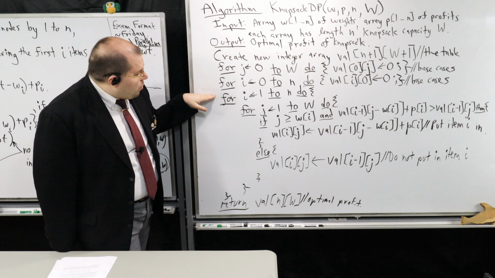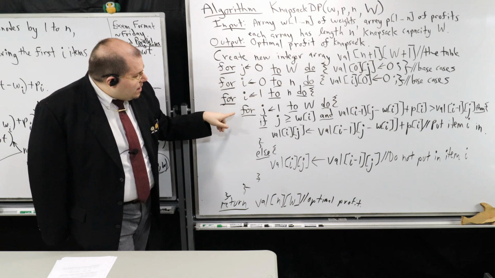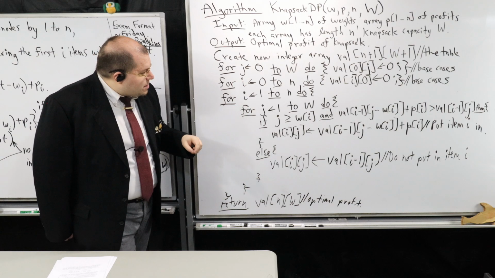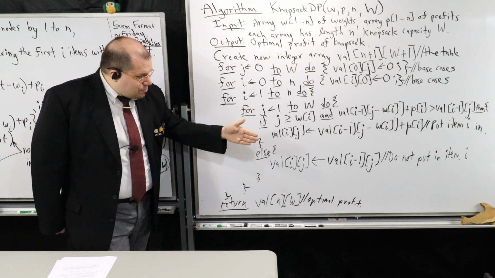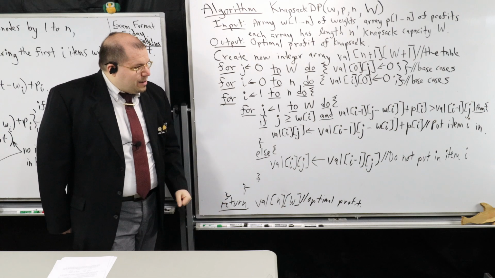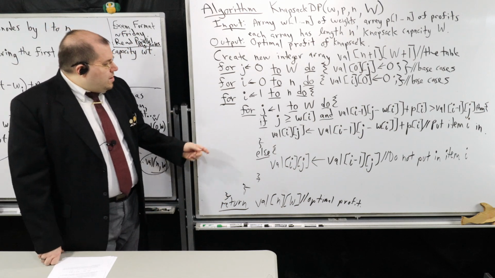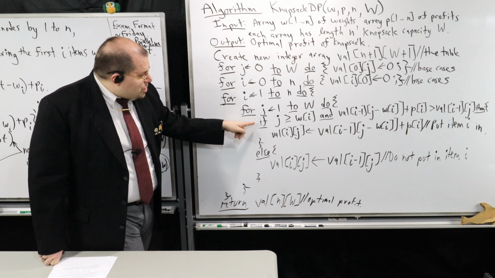So notice I go for i is assigned 1 to n, for j is 1 to capital W. So I'm going to go across the row, then I'm going to go down each one of the rows. So all I have to do is simply check based on my